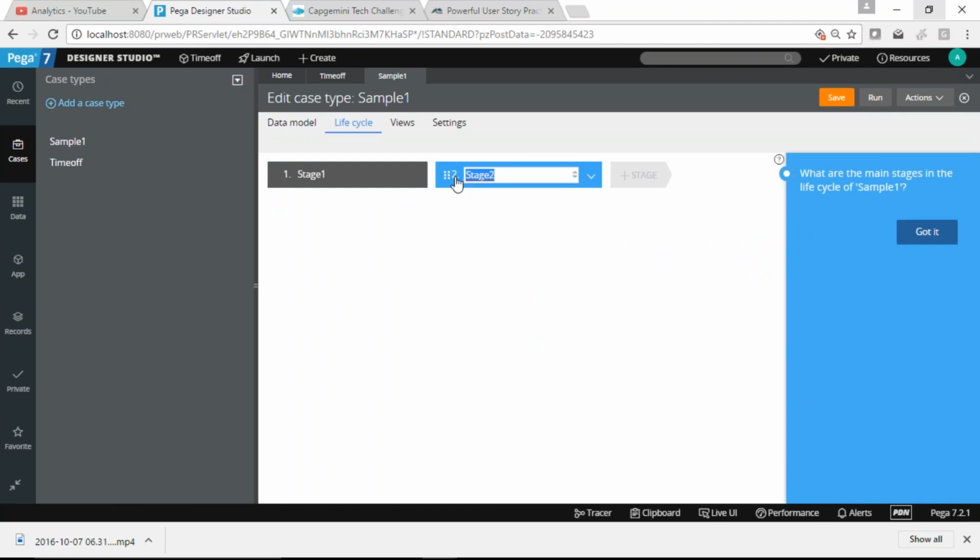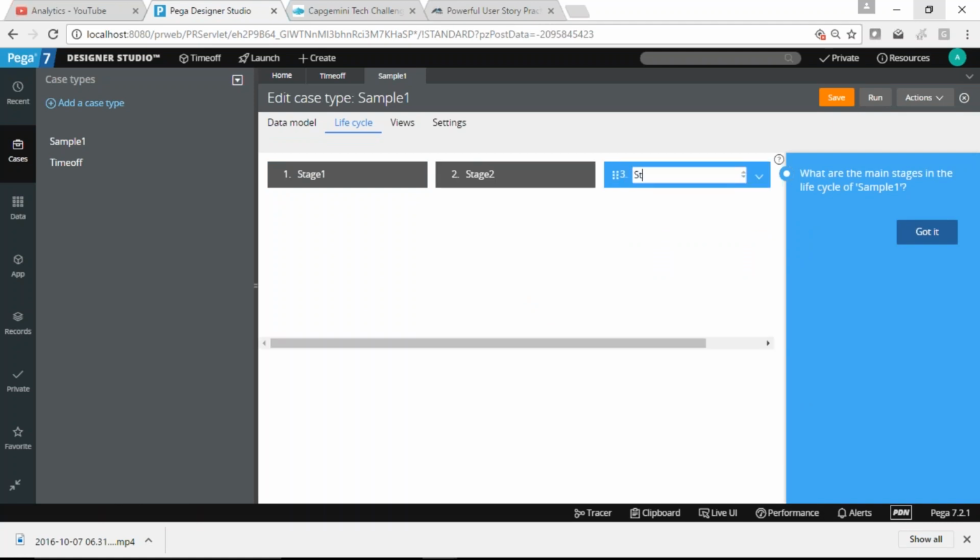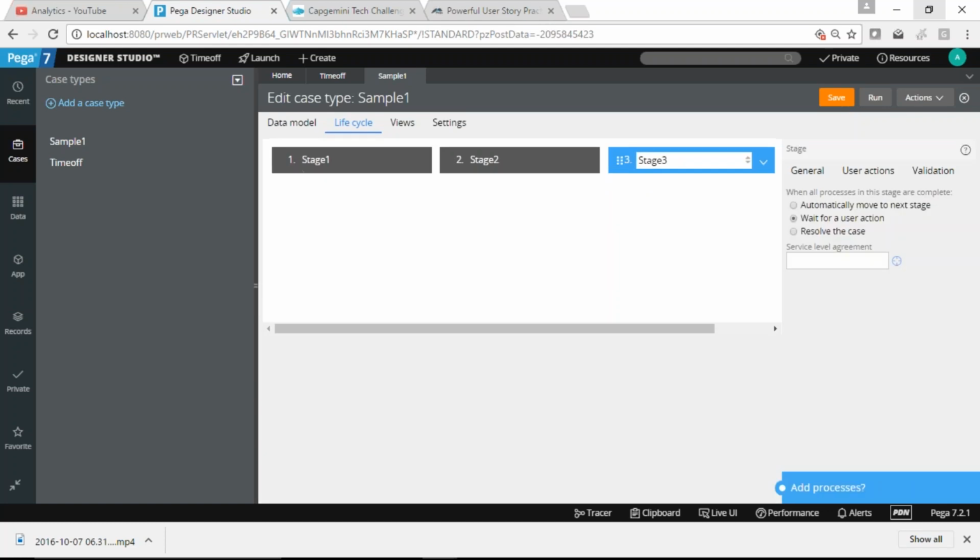The only thing is how you can decompose into different stages, and what are the things you want to achieve within the stage, that needs to come from the discussions. Okay, so now you can see the settings. If you click on Got it, you will see some of the configurations on the right hand side. Now if you see "Wait for the user action", that is the manual. That's why you see there is no connection between the stages. So if I change that to automatically, and from here also I change it to automatically, okay.